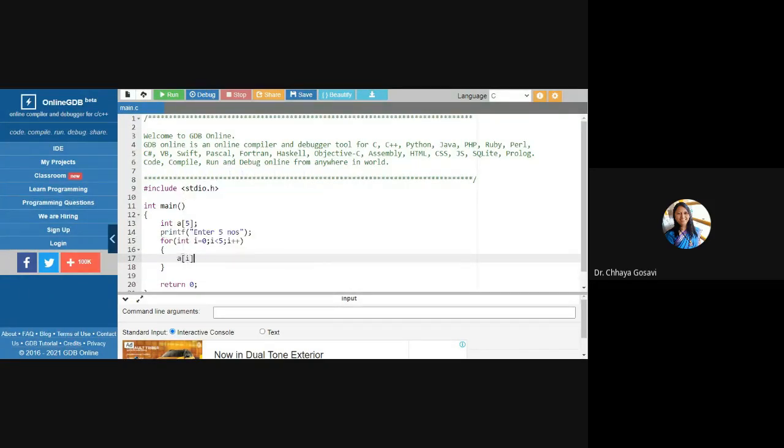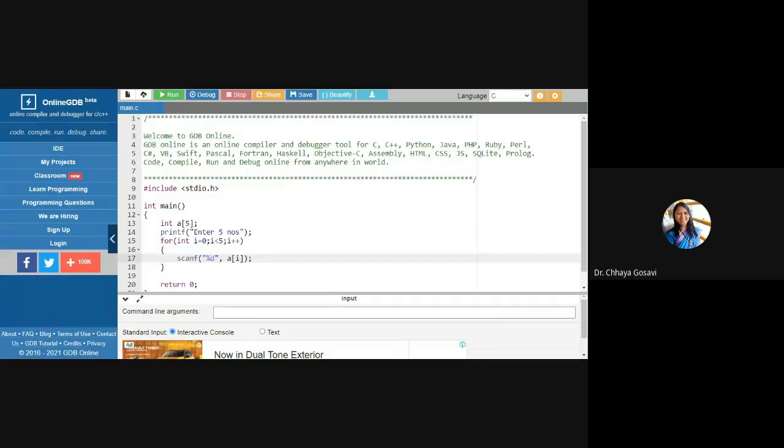A of I is equal to what? Scanf. Percent d, ampersand A of I. Here I don't need an ampersand because the array name itself, A, is an address or location.